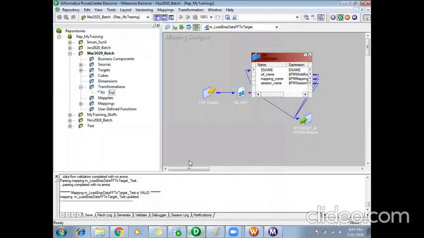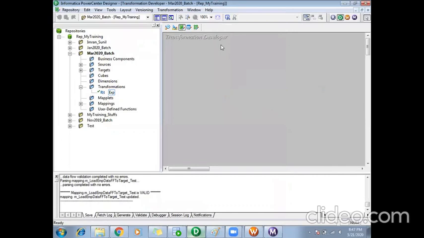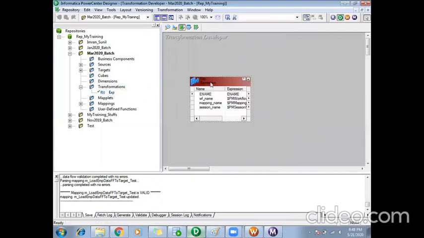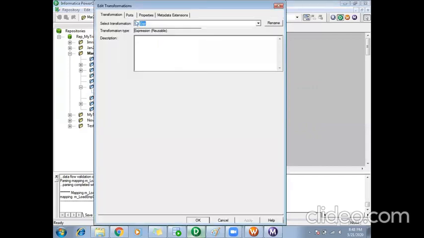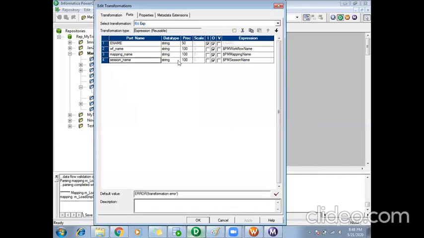So you can change your reusable transformations in your transformation developer workspace. This is where the transformation developer workspace is used. From this transformation developer, you can either create a new reusable transformation or edit any existing reusable transformation. So what I'll do is take this reusable transformation expression into my transformation developer. Here, if you see, in the transformation developer the reusable transformations are in editable mode.